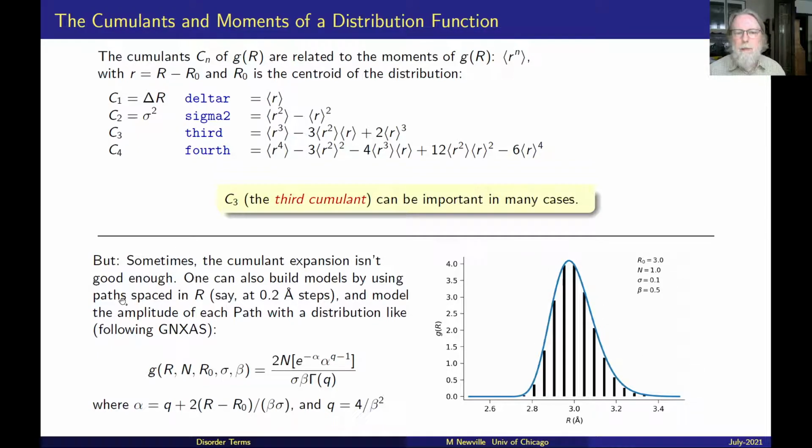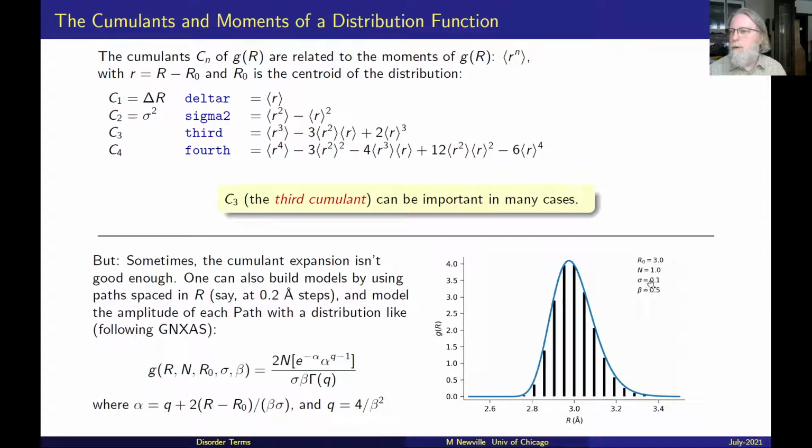So you can also build a model by making a set of paths that are spaced in R, say at like 0.2 or 0.25 angstroms, and then model the amplitude for each of those paths. For each of those paths, you would set sigma squared to 0, and you would just add them up with an amplitude that goes as your G of R function. One way to do that is following the GNXAS code, which is designed for studying liquids and very disordered systems, which uses a function that's an exponential times a power law, and gives a function that looks like this. So you could just create 10 paths spaced at 0.2 angstroms and use that as the amplitude term,